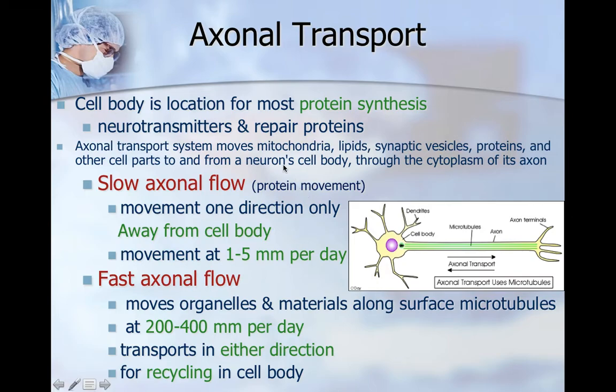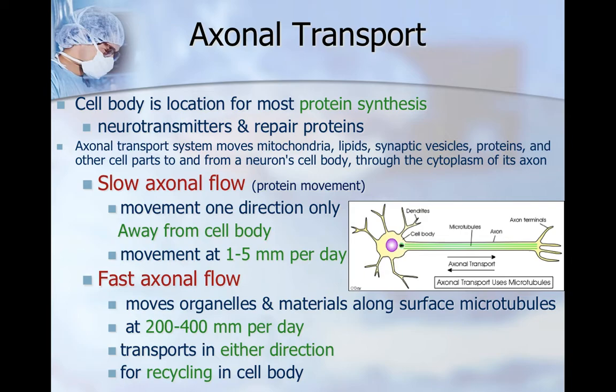So, because nervous tissue cannot regenerate, it does not go through mitosis. The nuclei can't reproduce themselves. But what can happen is it can make all kinds of new proteins and stuff like that for neurotransmitters and repairs. Remember, neurotransmitters are those chemicals that are released at the axon terminal in the synaptic end bulbs